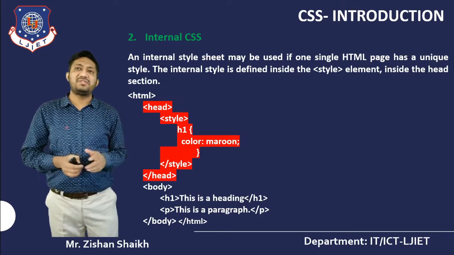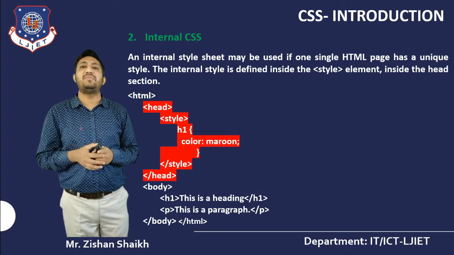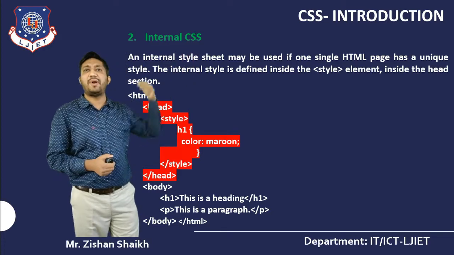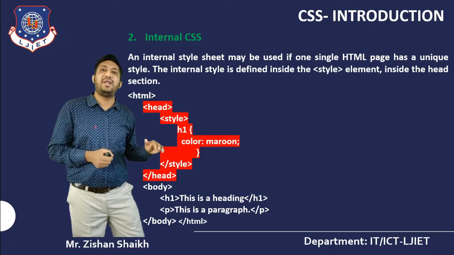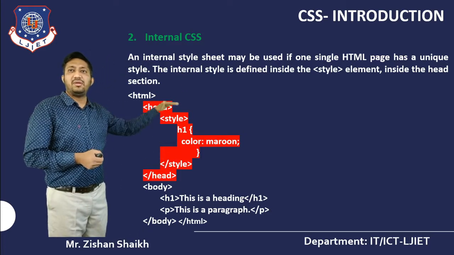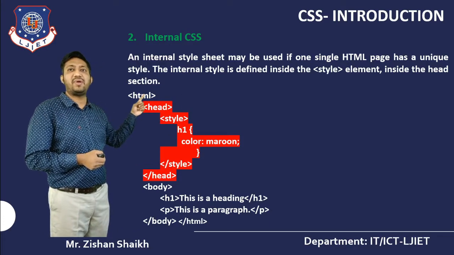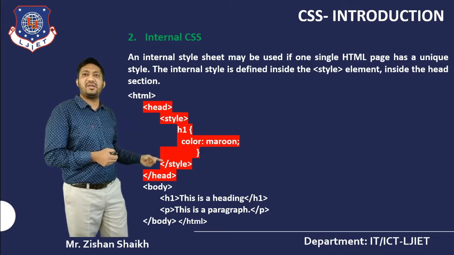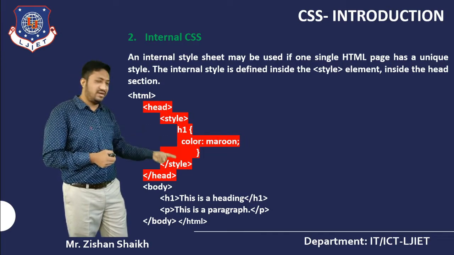So in the previous CSS, what happened? The whole code of CSS was written in an external file. Instead of that, if I want to put my CSS code in my HTML file, then that will be part of internal CSS. But what happened here? The whole code of my CSS file will be written in which section? Header section. You can see the code of the whole CSS will be written in my HTML file. So in the HTML file, I am writing here the header section. In the header section, we have to use the style tag. So the style tag is there.